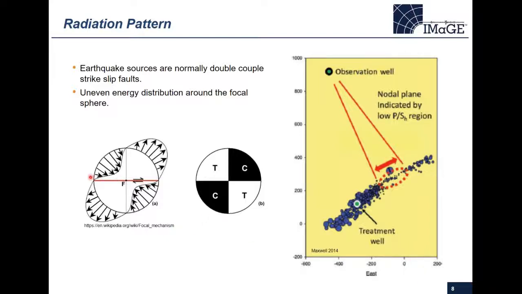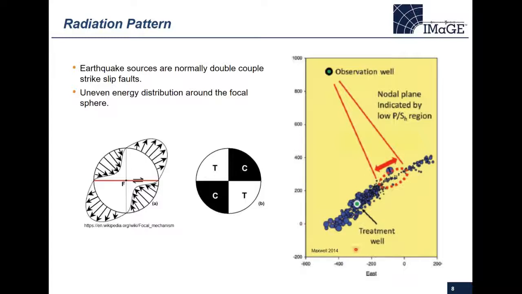But actually, other systems do have these nodal planes, where the amplitudes are very low. So you can have the fault plane, with very high positive amplitude, very high negative amplitude, and in the middle it has to switch, and so you can imagine that there's a direction around the focal sphere of zero energy, zero amplitude, and this can be shown in